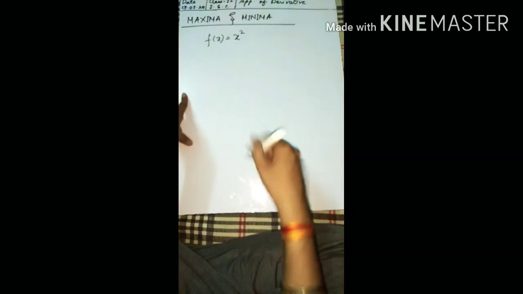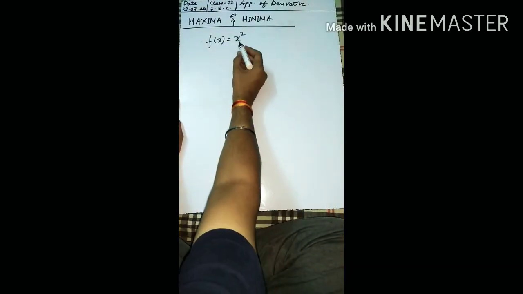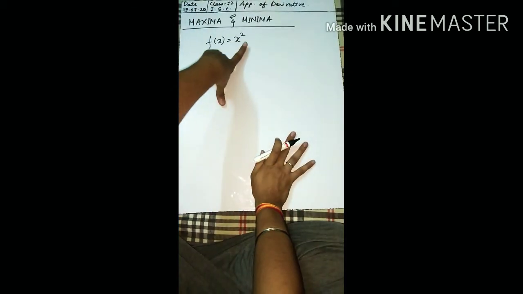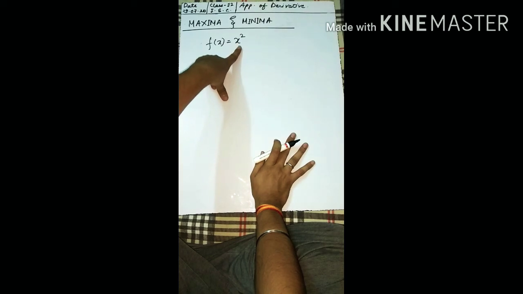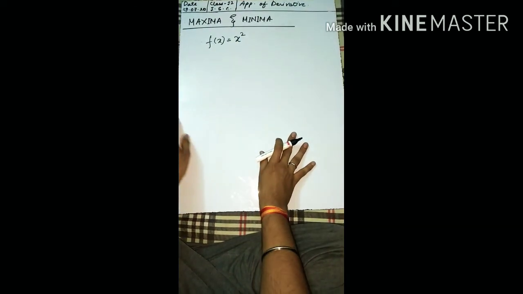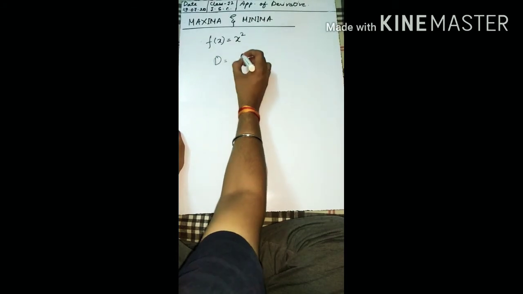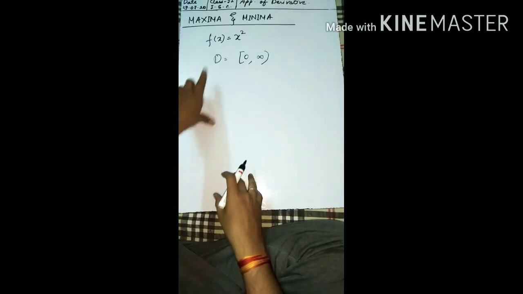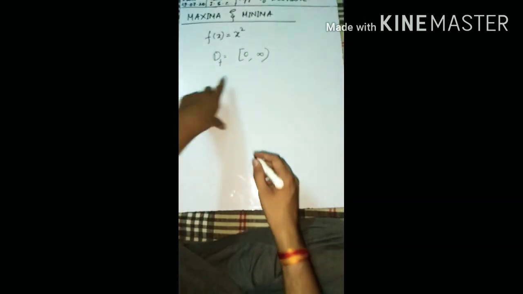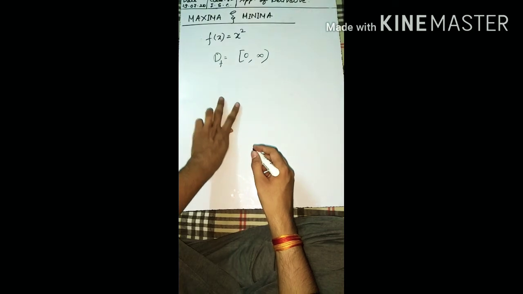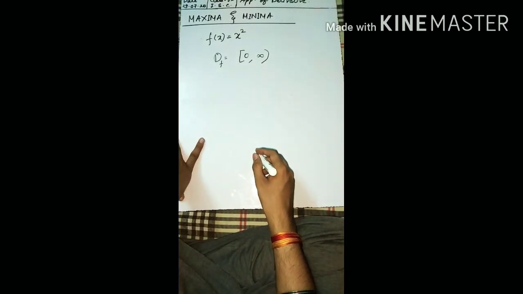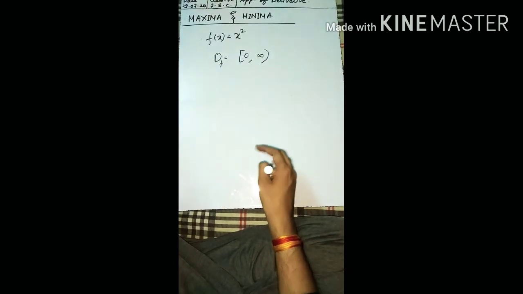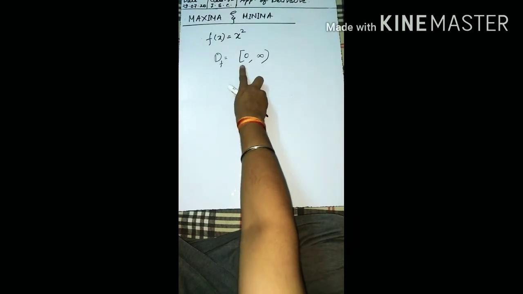That means the whole real number, but you see if you put the negative values here, you will always get positive, because the power is even. So the negative term will be positive. So the domain will be closed bracket 0 till positive infinity. Are you understanding how I have written the domain? I have not included the negative terms. Why? Because even if you put negative there, you will get positive only.